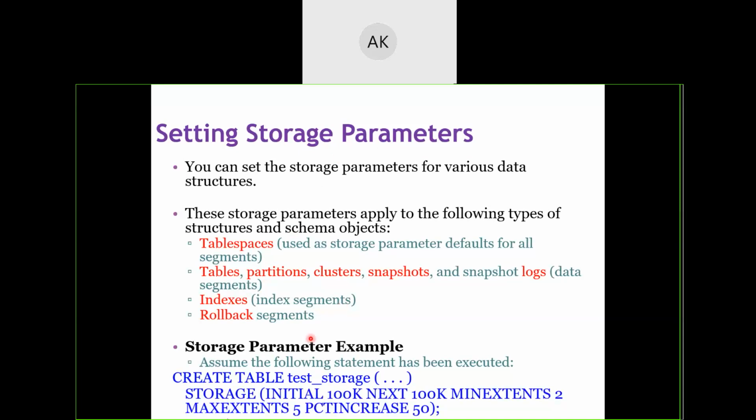For example, at the time of creation of a table itself, we can specify what parameters we need for storage allocation. We know whenever we create a table, some amount of memory is going to be reserved to hold that table data. So for that repository of the table data, what amount of memory should be allocated? How much initial size of memory should be allocated?